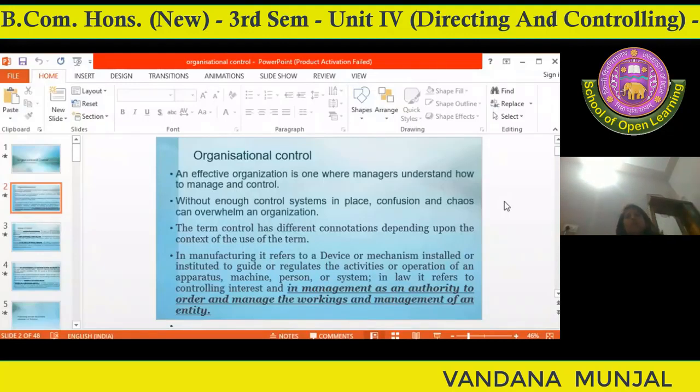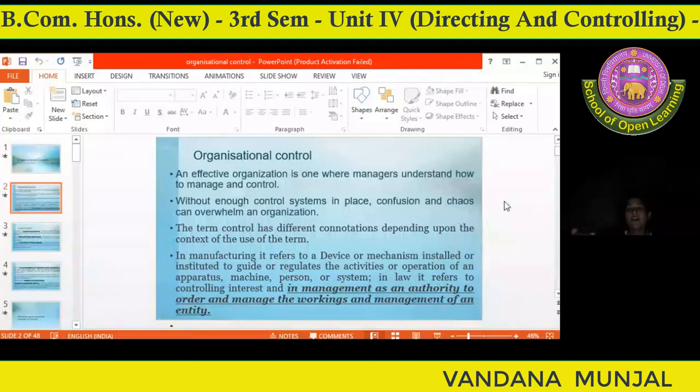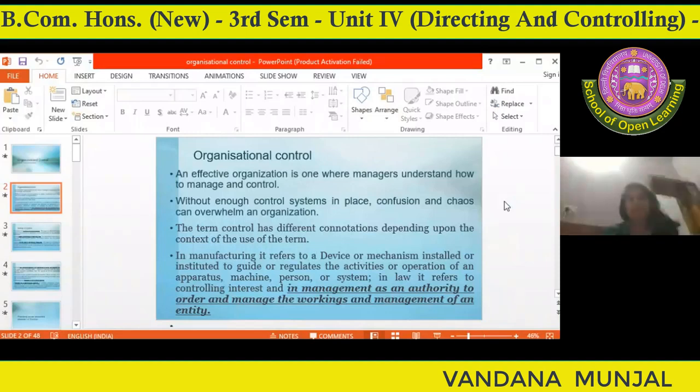What is control? Control refers to basically managing the activities and keeping a tab on them. An effective organizational control is something जब आप अपनी activities को वापस track के ऊपर लेके आते हो. So that is what the control is. That is, deviations को remove करना. An effective organization is one where managers understand how to manage and how to control. जब तक कि enough control system place पे नहीं होंगे, it will lead to lot of confusion and chaos in